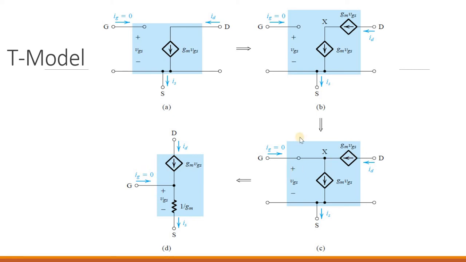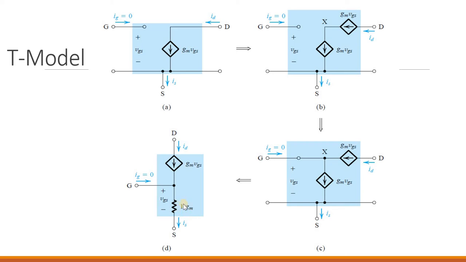See, this is the drain terminal. They have rewritten this Gm into VGS, and the current flowing here is the drain current, and here Ig is 0. So whatever ID is, it is nothing but Is. But here this current is replaced by the internal source resistance, small letter Rs, which is nothing but 1 divided by Gm.